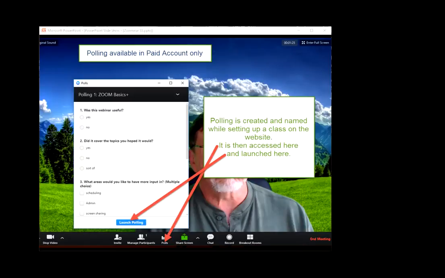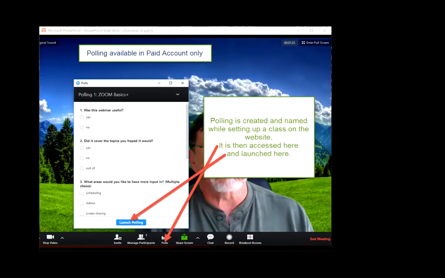You set up polls when you set up your meetings in My Meetings in Zoom.us. Once your meeting is set up, you go back into that meeting area, and at the bottom of that area, there's a place where you can set up the poll. You can add questions to it. You can go back and add more questions at any time, and then when you click on poll at the bottom of the screen